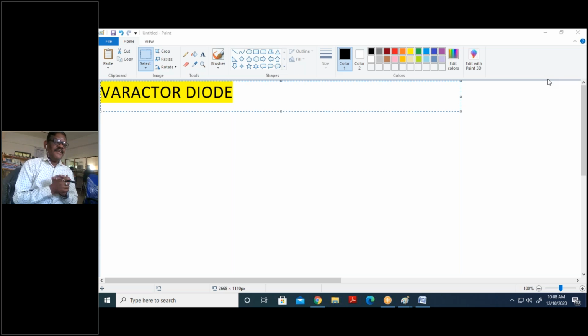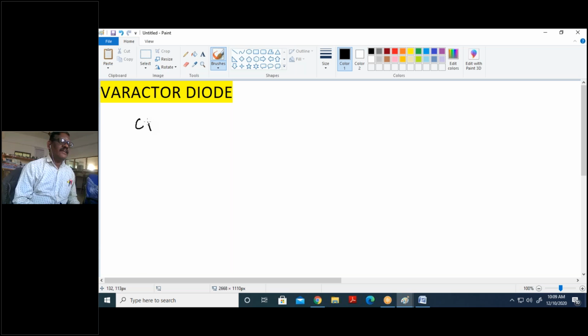As the PN junction possesses junction capacitance, the transition capacitance CT established by the junction is determined by CT, C for capacitance, T for transition, equal to A times eta, the permittivity, divided by the width of the junction, where eta is the permittivity of the semiconductor material,